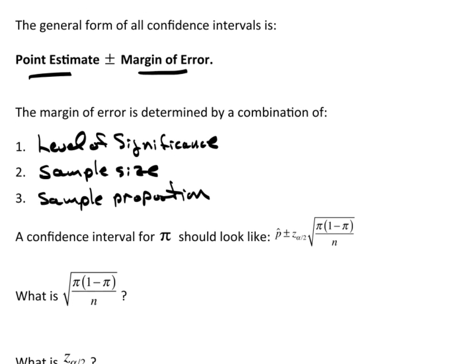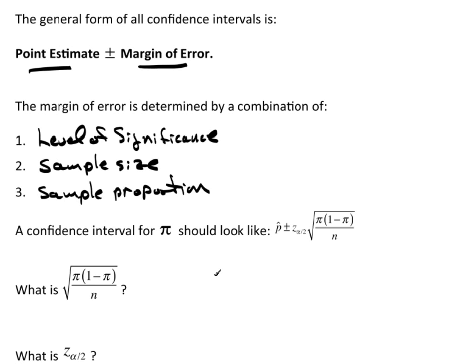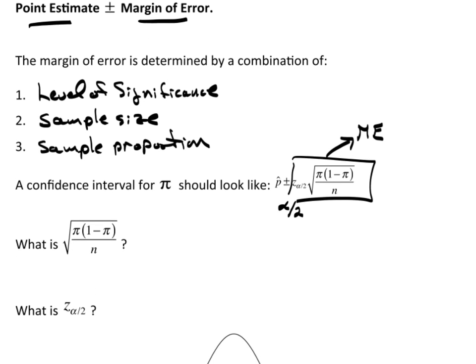Now, let's take a look at this real quickly and see what we've got. A confidence interval for pi should look like p hat, there's my point estimate, plus or minus z, with subscript alpha divided by 2, times the square root of pi(1 minus pi)/n. And this piece right here is what we call the margin of error, which we very commonly abbreviate ME. So let's break this down piece by piece. What is the square root of pi(1 minus pi)/n? Well, that is the standard deviation